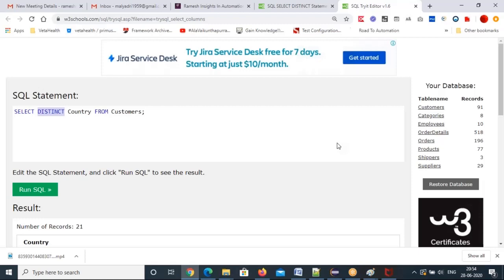So what are the database systems in the market? A lot of databases are there. The famous ones are Oracle, Microsoft SQL Server, MySQL, MS Access, Postgres, and NoSQL. SAP HANA is also one of the databases. They are competitors in the market, but for all these databases, the common language is SQL.